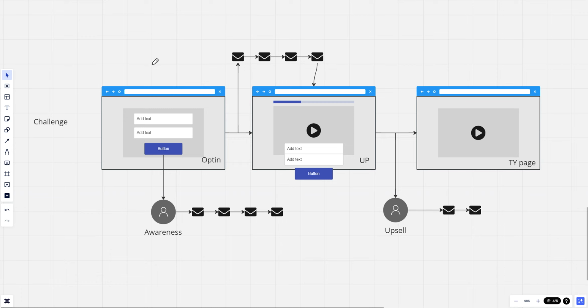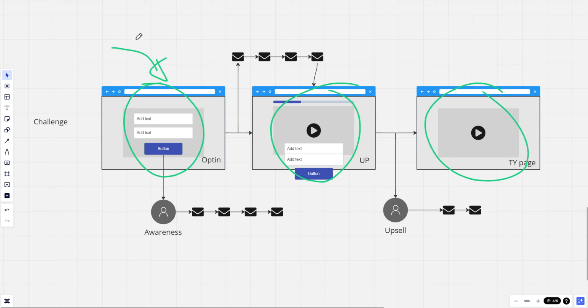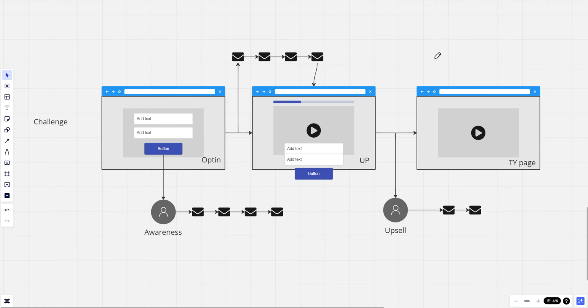Okay, now once that's done, let's say that you build your first opt-in page. Then you use a second page, which is the upsell, and then your thank you page. You already know the opt-in is just to increase the opt-in rate. This one here, you can increase a little bit the conversion rate on the sales, and this one is what's the most logical thing afterwards.